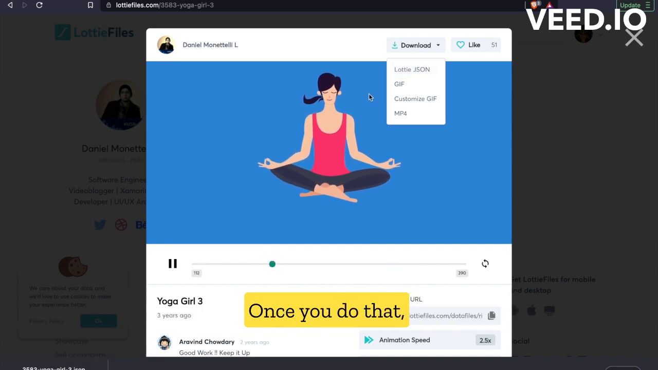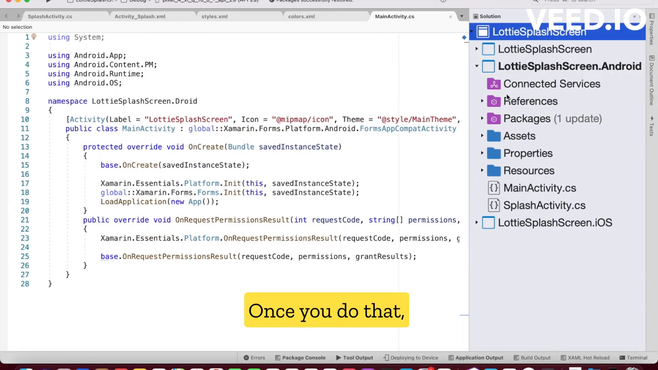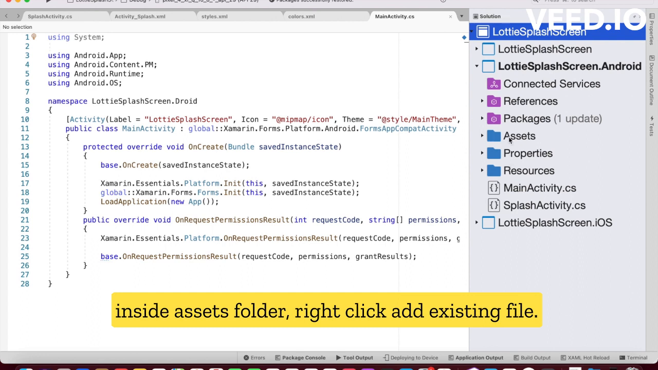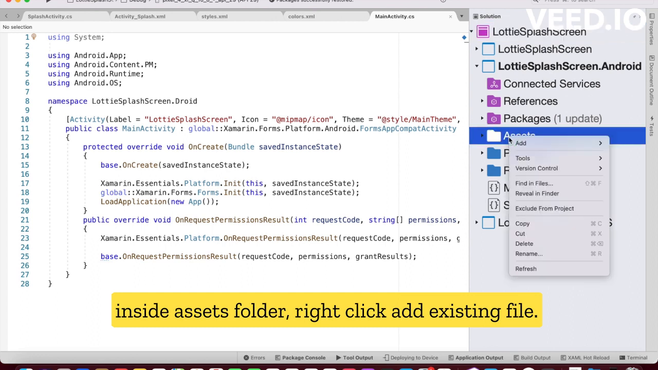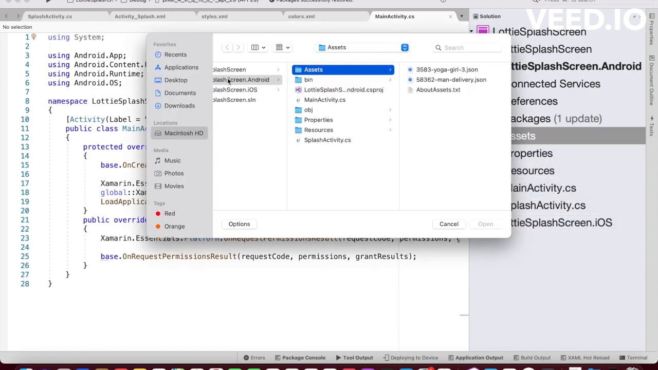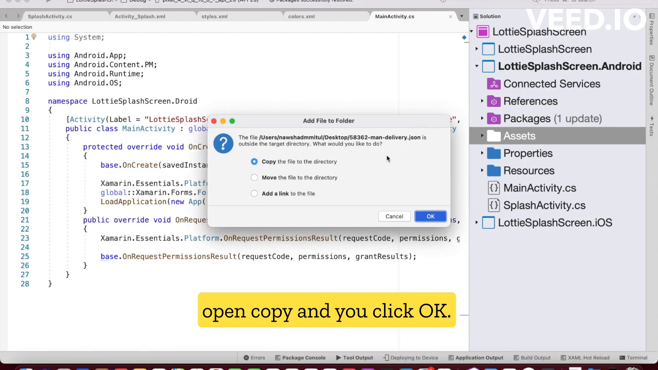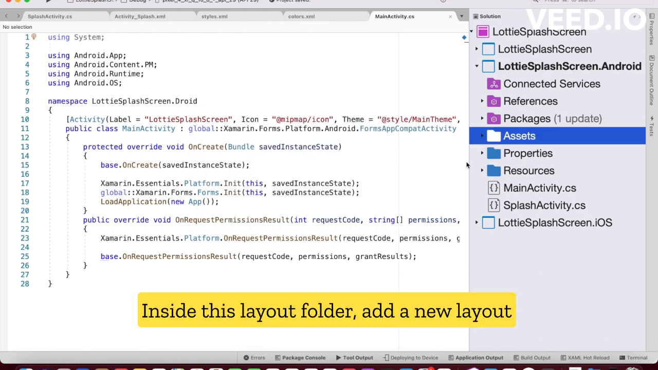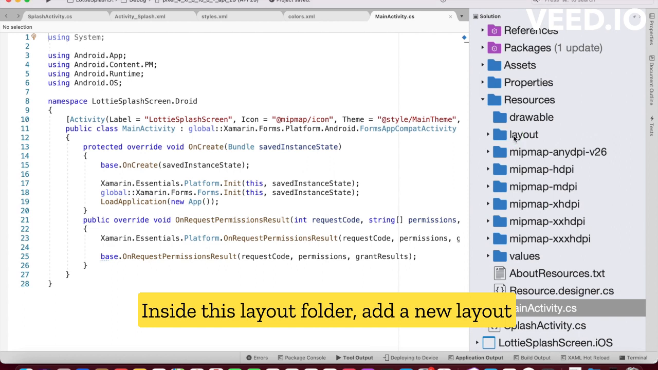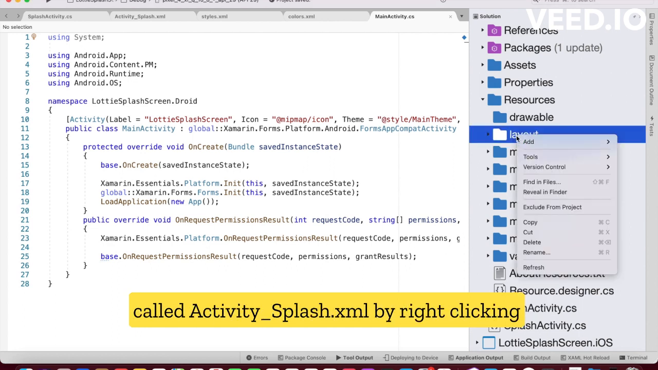Once you do that, inside assets folder, right click, add existing file, and here you select the JSON file, open, copy, and you click OK. Inside this layout folder, add a new layout called